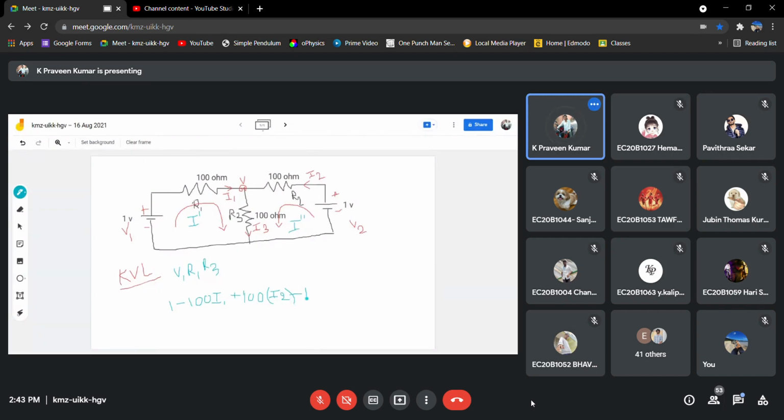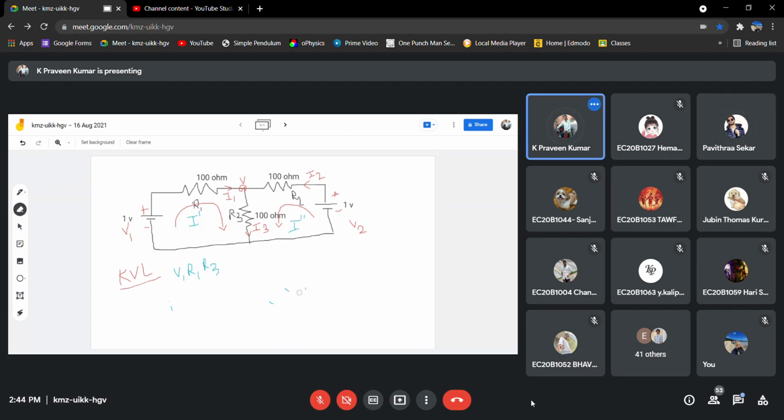Is this correct? Sir, he's saying it with the bigger loop, the larger one. I am asking about the first loop. Then this is not correct. Then what is the correct one?